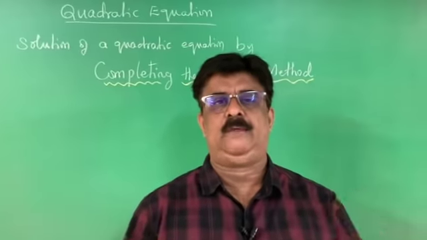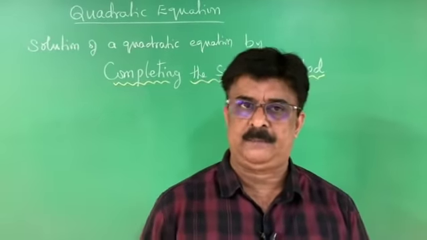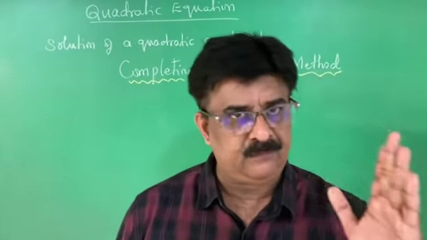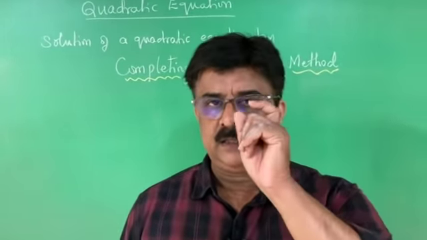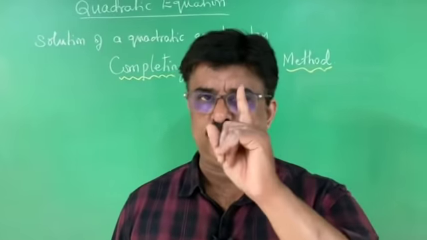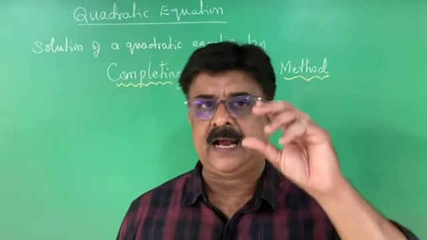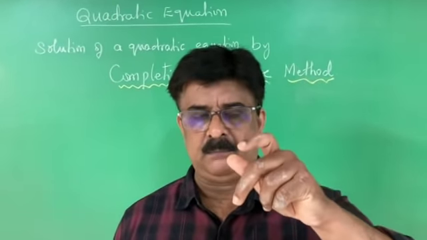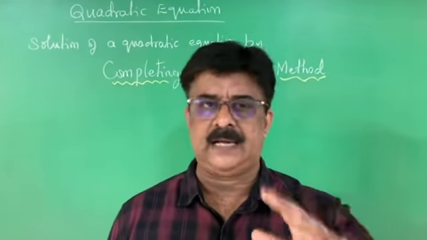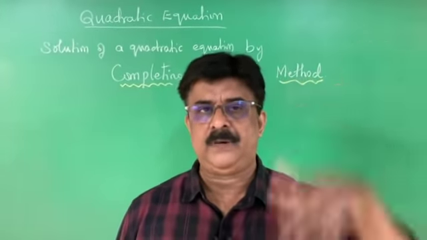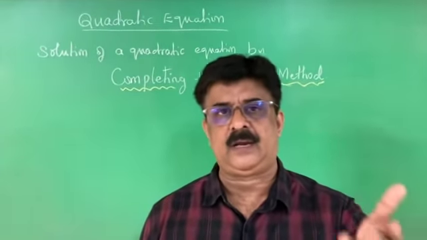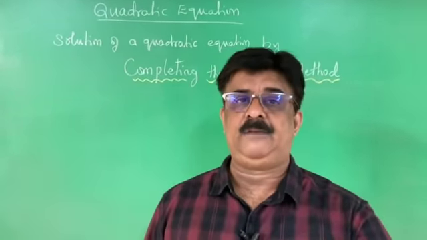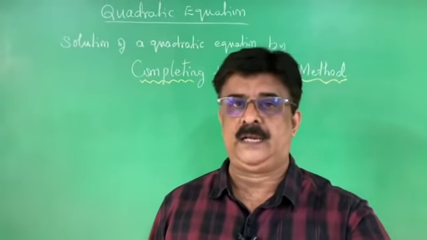Explain how to solve a quadratic equation by completing the square method. The steps are like this. The problem should be in the standard form. Next, you have to make the coefficient of x square as 1. Then you have to take half of the value of the coefficient of x, square that number, add once and subtract once, and then you go for simplification by using the identity a plus b whole square or a minus b whole square. Using this idea, we can derive the formula for the roots of the quadratic equation.